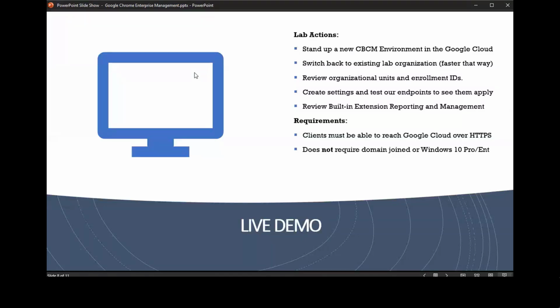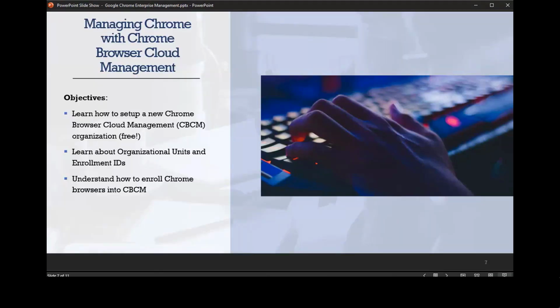There we go. That's what we did. And then here is the new and better way. And time check. It looks like I'm good on time. So this is the Chrome Browser Cloud Management, which, from what I've seen through Twitter and Discord, unless you